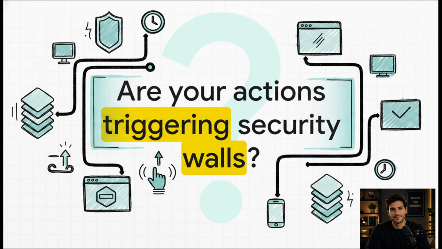Which brings us to the ultimate takeaway of our investigation today. Are your everyday digital actions triggering the invisible security walls meant to protect the web? The internet isn't just a series of passive, open tubes. It's a living, actively defensive ecosystem, and every single click is being evaluated in real time. So the next time you see a block page, don't just get frustrated and close the tab. Recognize it for what it truly is, a transparent glimpse into the complex, automated defenses working around the clock to keep the network secure. What innocent click of yours will be the next to trip the wire?